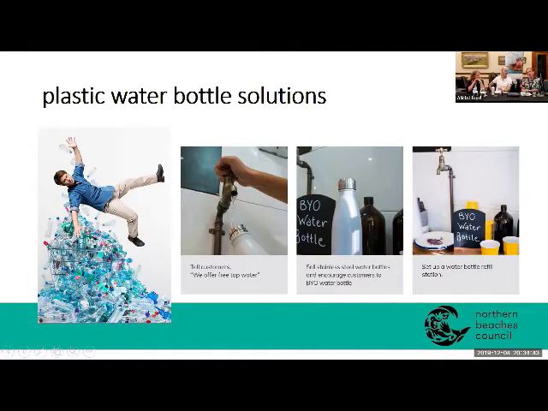And I've just found myself a little bit lately just saying, well, I think you have to realise that you're profiting off the planet. Each of these water bottles takes 3 bottles of water to create. We're in a drought right now. We can't afford to be doing that. So I think sometimes you have to say how it is.